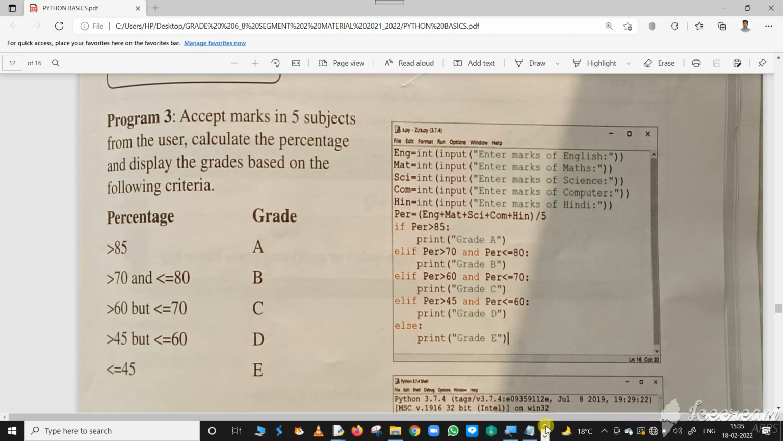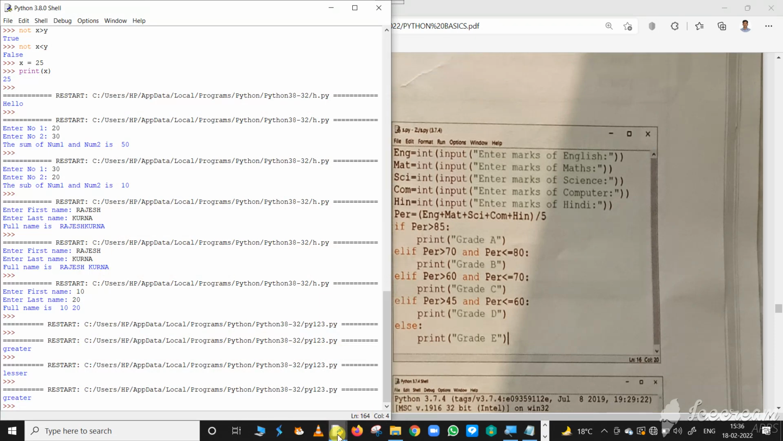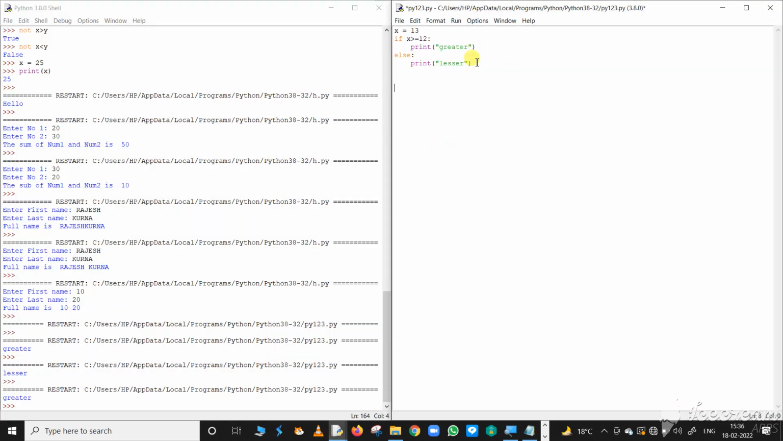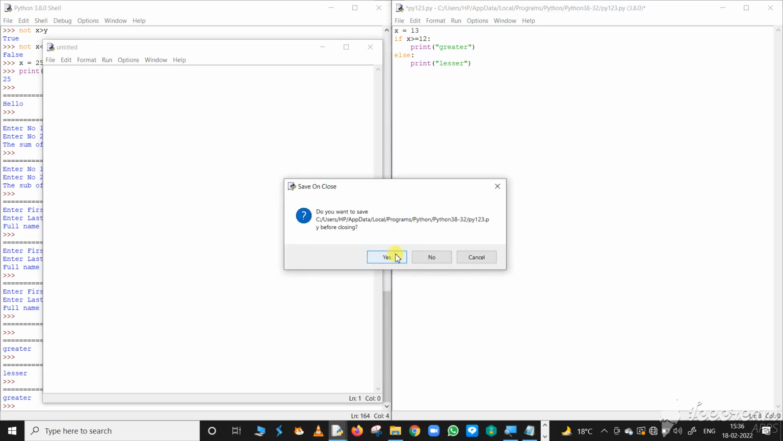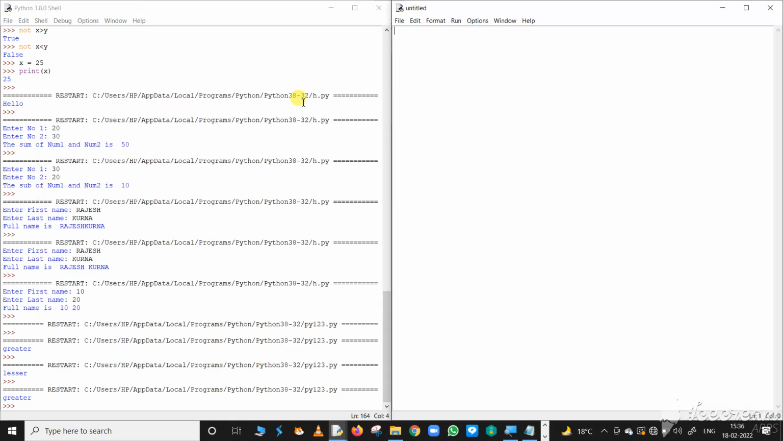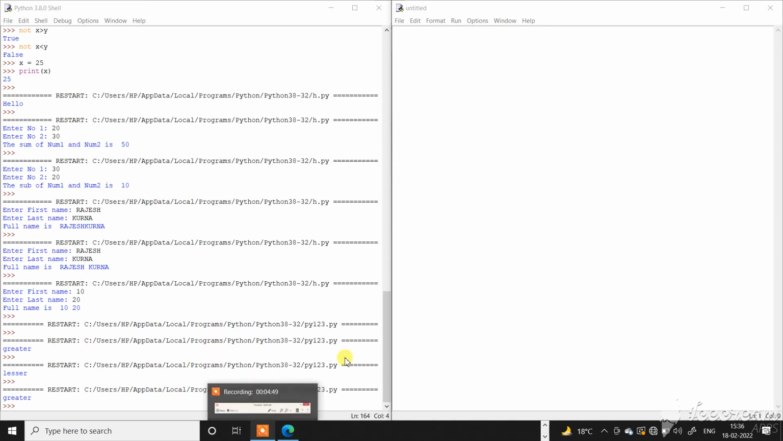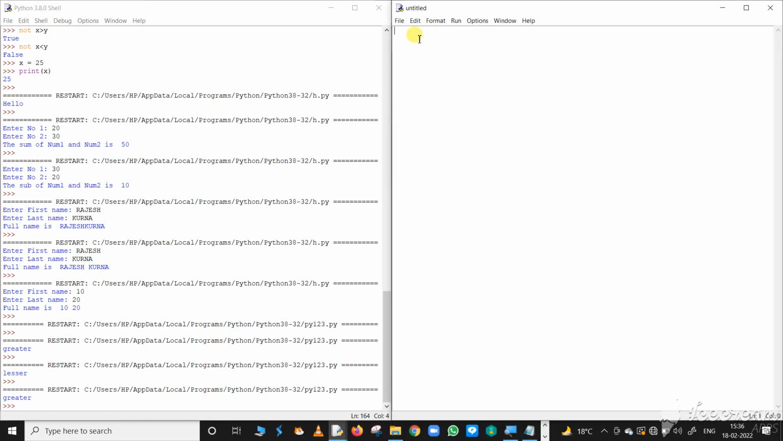Let me just go back to Python. So file, new file, I'm taking. Here let's write the program for that. First thing is you have English